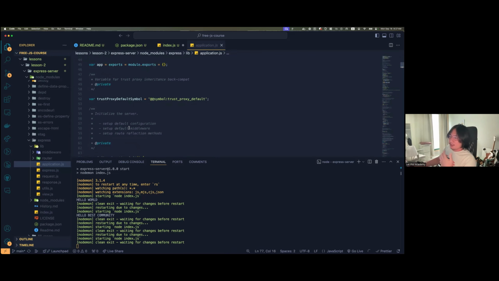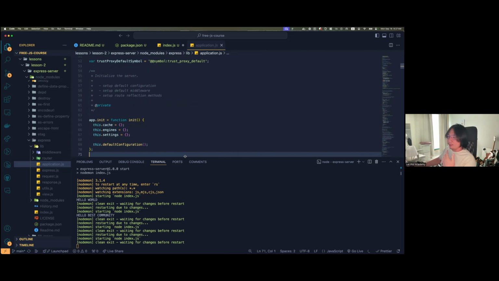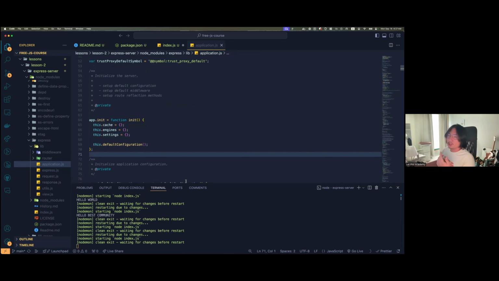So always look at the node modules if you're having a problem. You can fork the node module if you find a problem with it and then install your own version. Or I've been using this package called patch package, and I'll show you guys how to use that in a later lesson, but I use it in React Native a lot. When a package doesn't really work for me, you can actually change things in the node modules. And maybe I should explain this first. If you change something in the node modules, next time you run npm install, it's gonna overwrite everything you changed, so it doesn't matter. But patch package will